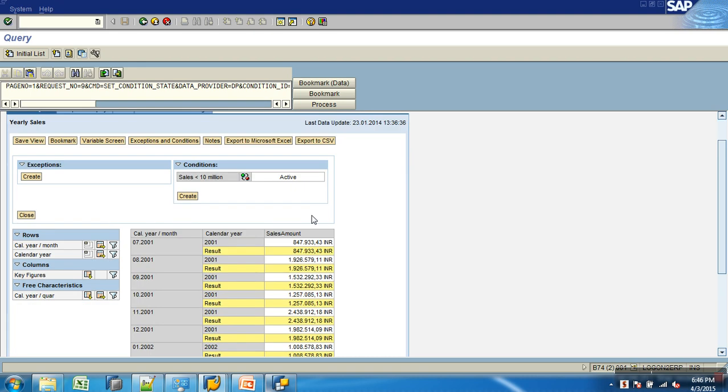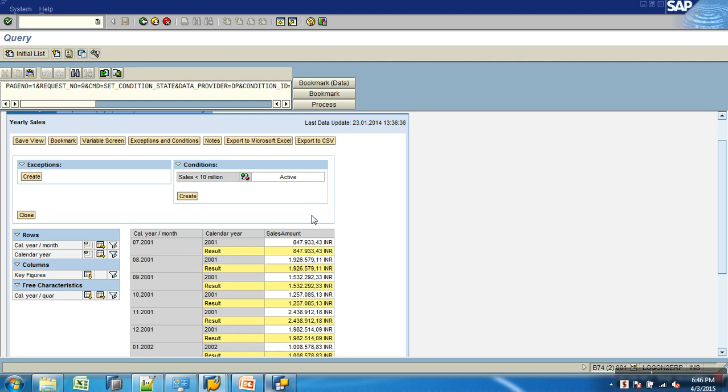So when I say the condition is specific to year, if year is there, it is active. If year is not there, it won't work. So the condition will be playing only when that year is in the drill down. Whether it is in the drill down along with other characteristics or not, it doesn't worry about it. If year is there, that is enough, the condition is active. Like this, you can make conditions specific to that.